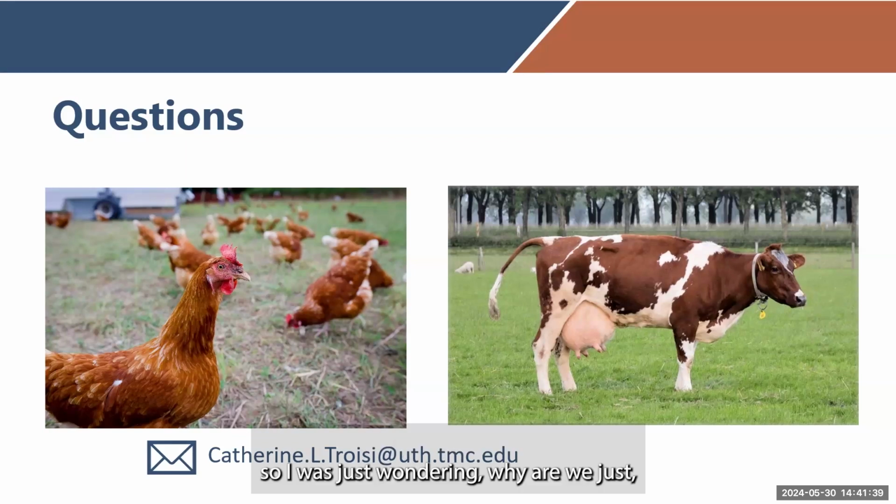I was just wondering, why are we just worried about it transferring from cows in Michigan or in the states where cattle is being grazed, and why not have some sort of a protocol to test folks who are coming from other countries